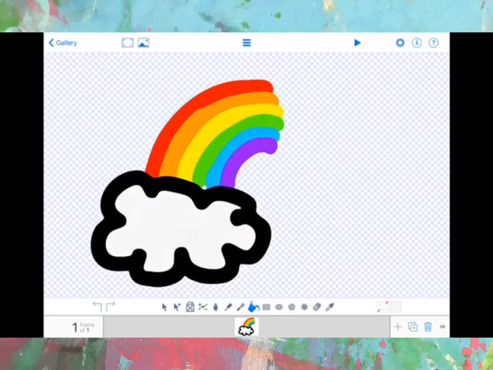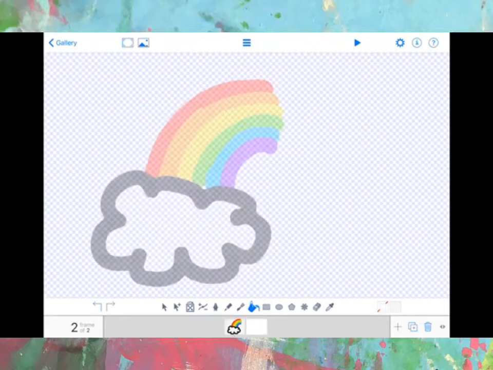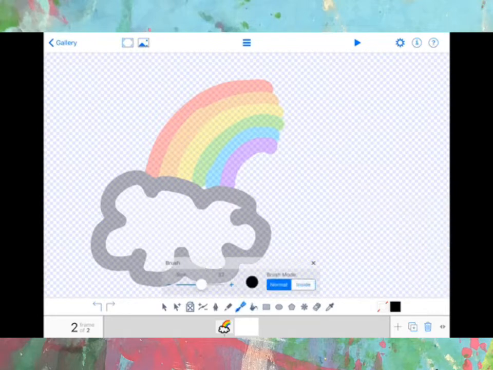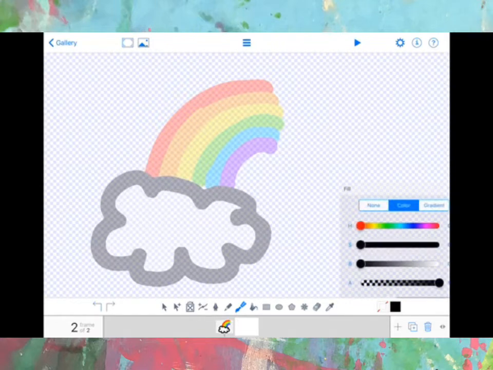Now I want to create my second frame for this animation. I want to create a rainbow that looks like it's growing. So I'm going to click the plus sign in the bottom right hand corner. It's going to make your first frame look faded. I want to trace exactly over what I've already done, but extend it to make it look like my rainbow is getting bigger. So again, I want to start with my red